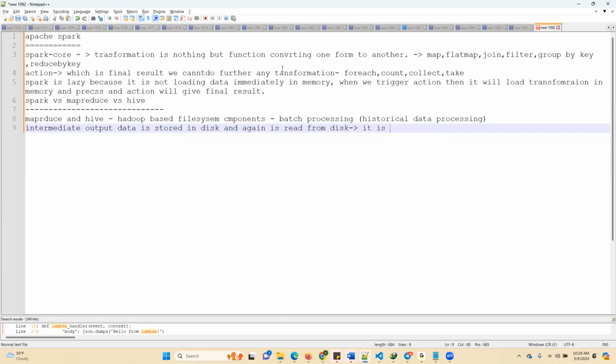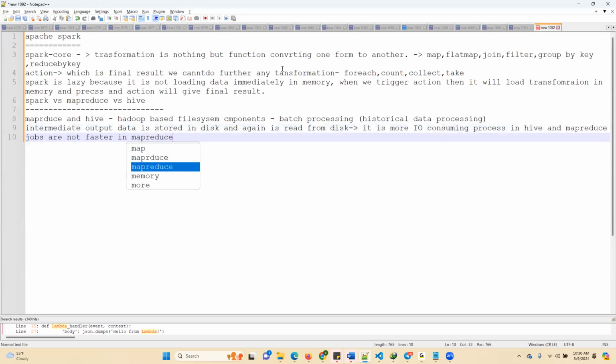So this kind of processing is more IO consuming, input output consuming, and processing in Hive is slow. This is one more drawback, because the jobs are not faster, since the backend is MapReduce. And in MapReduce you need to write a lot of lengthy